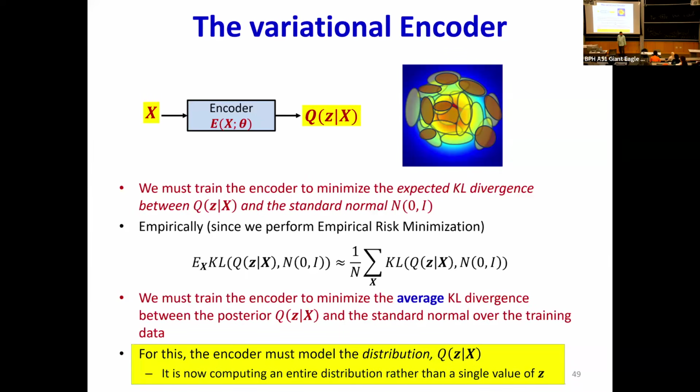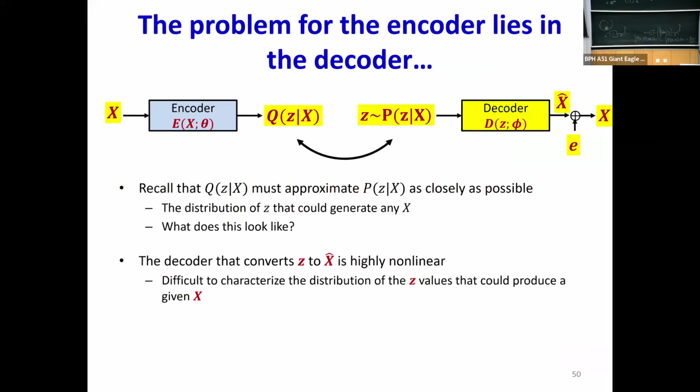But we're still left with what is Q, right? I just said I'm going to approximate my posterior P of z given x, which I cannot characterize because maybe it looks something like this, with a Q, which is maybe bigger than this guy, but something I can characterize, then I can compact it so that it matches it as closely as possible, right? That's where we began. Now Q is, again, recall that Q must approximate P of z given x as closely as possible.